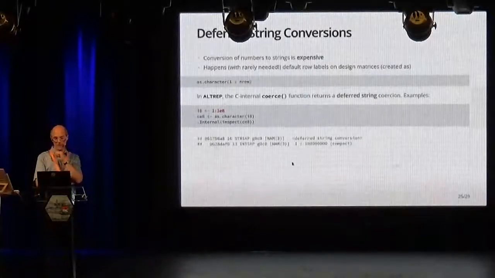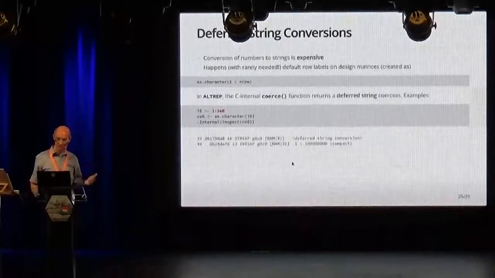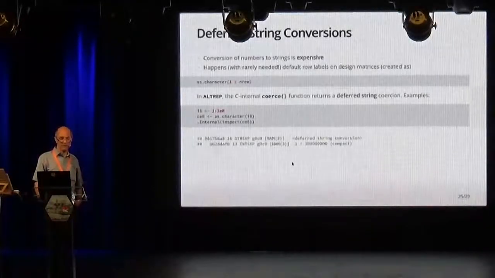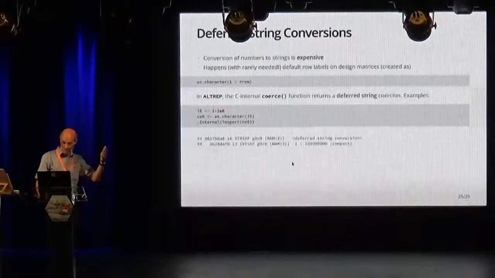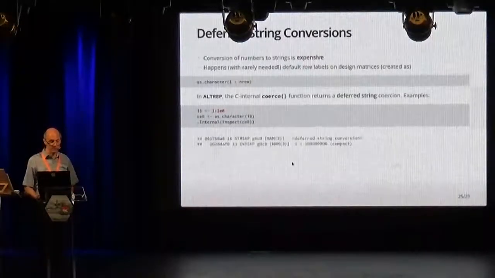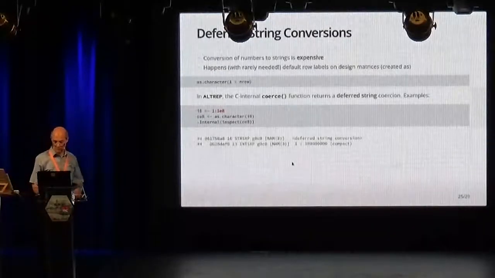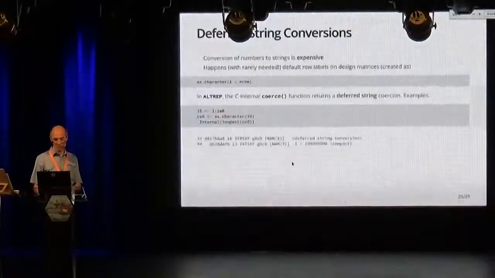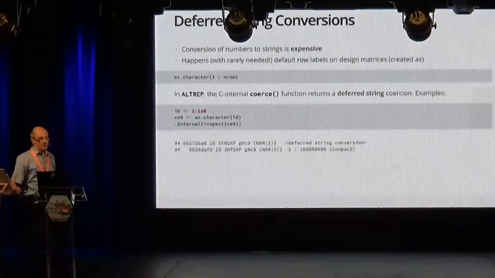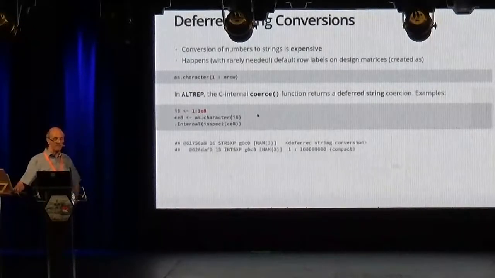such objects. And design matrices, as the statisticians call them, the X matrix in linear models, in regression models. They have row names, because in typical applications that's nice and good, and you want to see which observations are extremes in your residual plots and everywhere. They call as.character on this vector typically, and in ALTREP, that happens. So if you do such a compacted integer thing and convert it to character, it's actually not converted